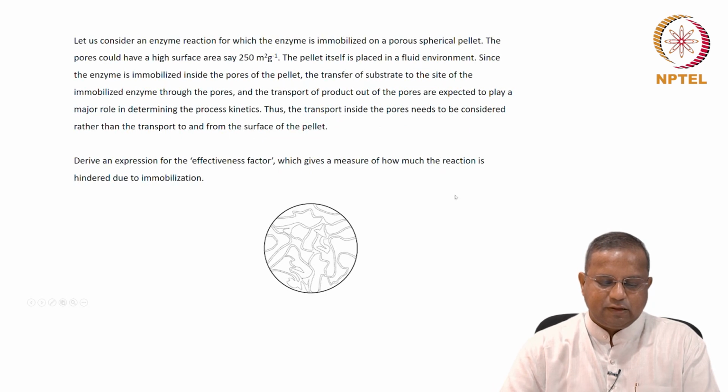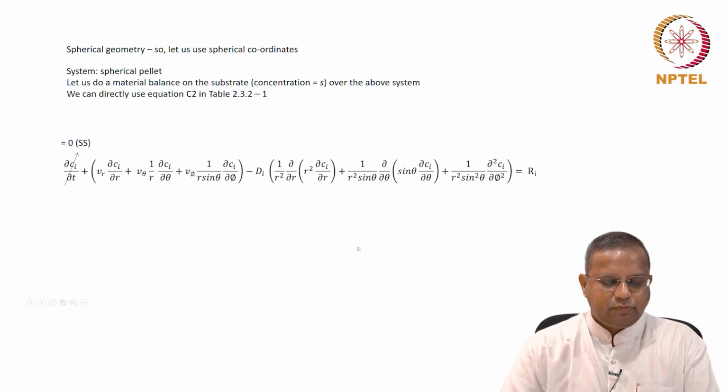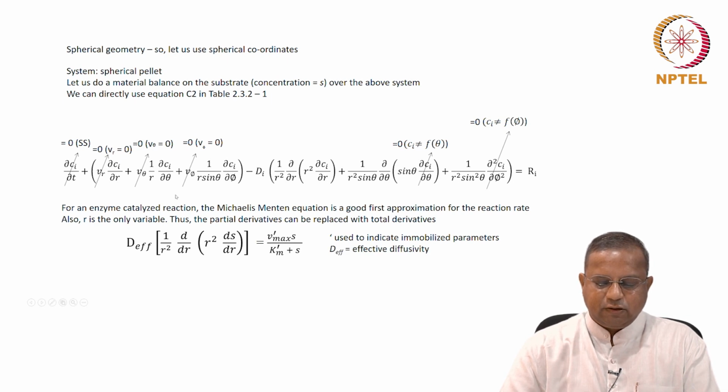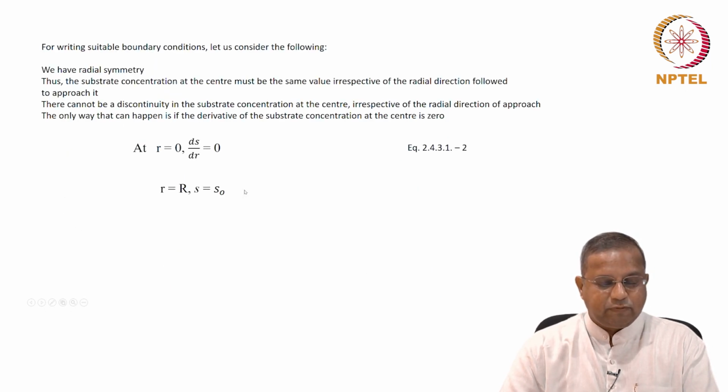the relevant aspects. So, this is the immobilized enzyme pellet, and the substrate needs to go through the various pores to reach the point of the enzyme, and the product needs to move out. We looked at those movements, the concentration profiles of the substrate and so on and so forth, along with the assumption that a Michaelis-Menten equation gives us the reaction rates. And then we looked at something called an effectiveness factor, which is what we found as a part of this exercise, this problem.